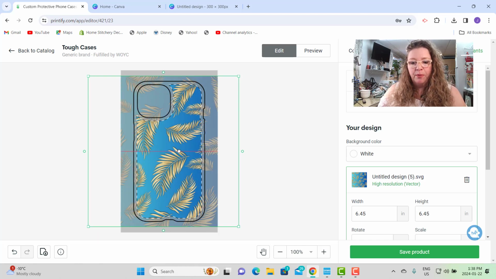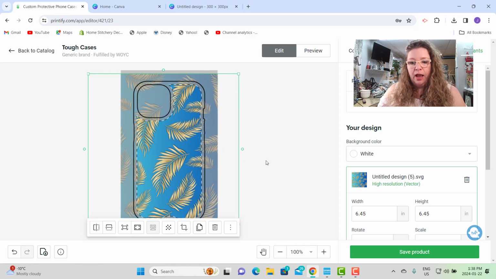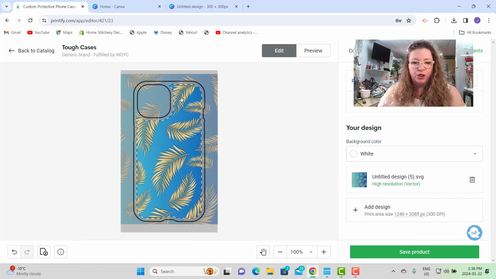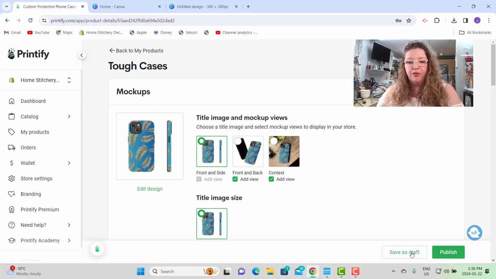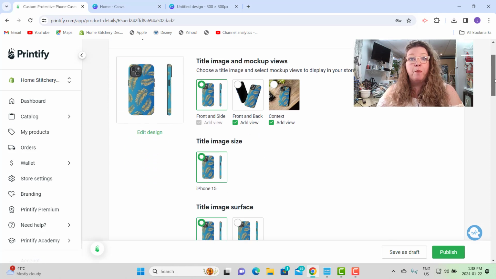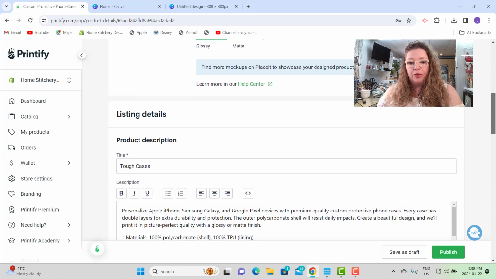Okay, so this is what I'm comfortable with here. I'm just going to double check to make sure it's overlapping everything. And now I'm going to save the product. Now, once I've saved the product, it's going to come up here on Printify with the mockups and the product